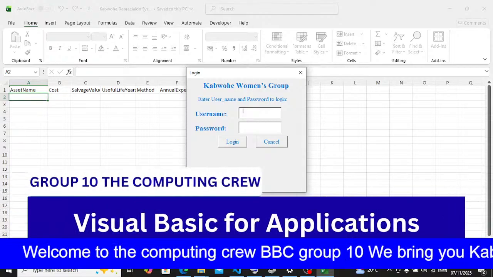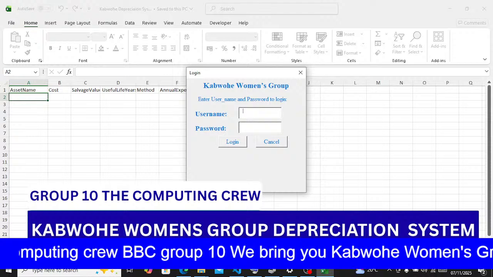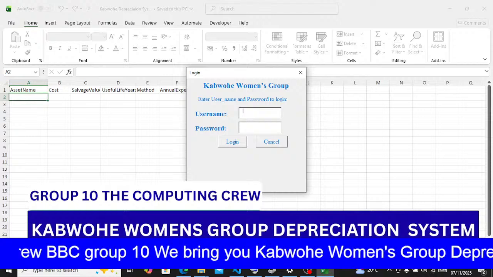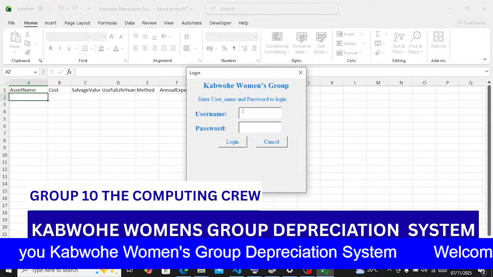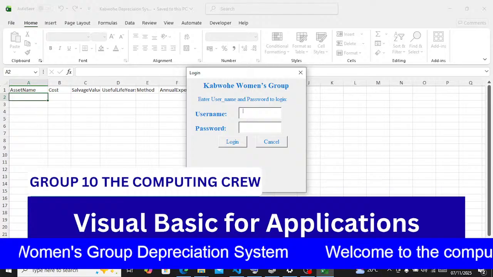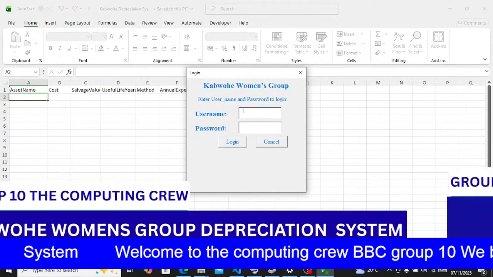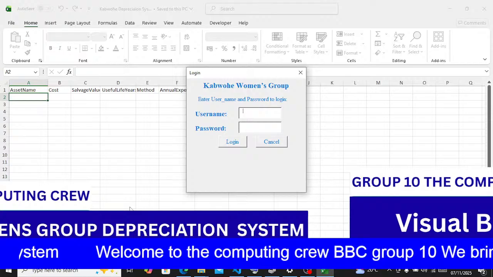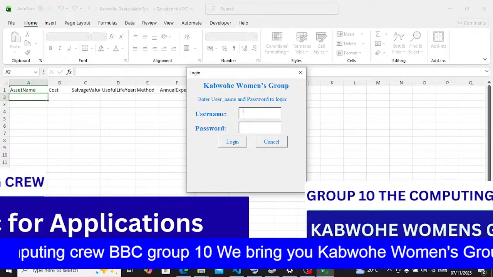we have to know that only authorized users can log in using the username and password. For example, for this system, we set the username to BBC and the password to 2025. Here, if wrong credentials are entered, an error message will appear, and once correct credentials are entered, the main asset